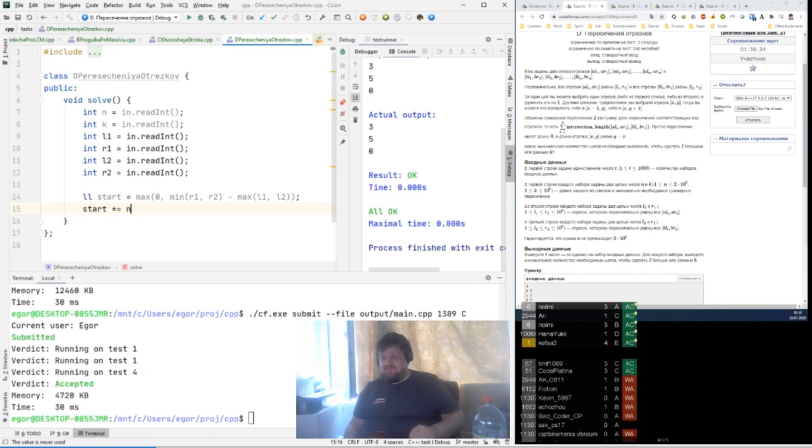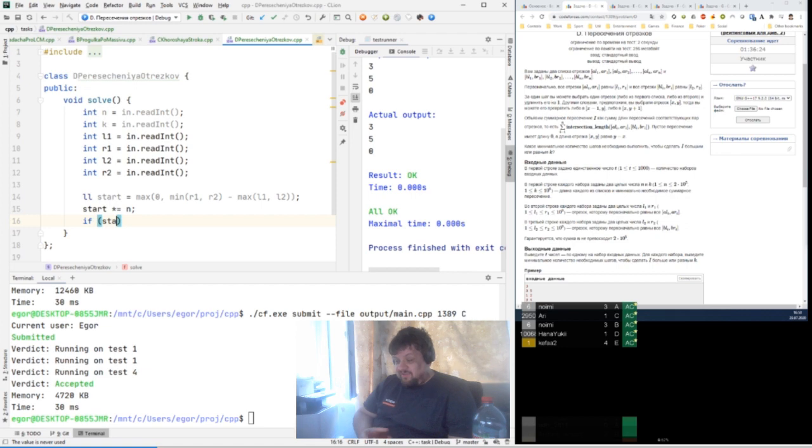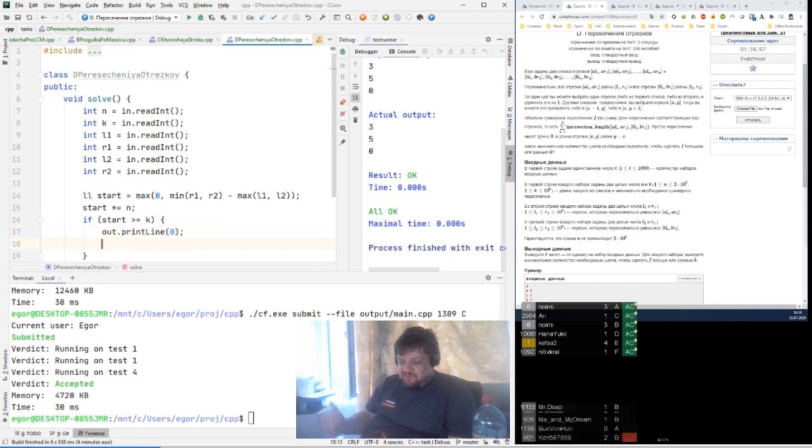So if we can, even if we align these two segments and we still haven't achieved a score of k or more, we can safely do just that. And if it's not true, then we basically have to choose between enlarging some already aligned segments and paying 2 times the score we still need to get,